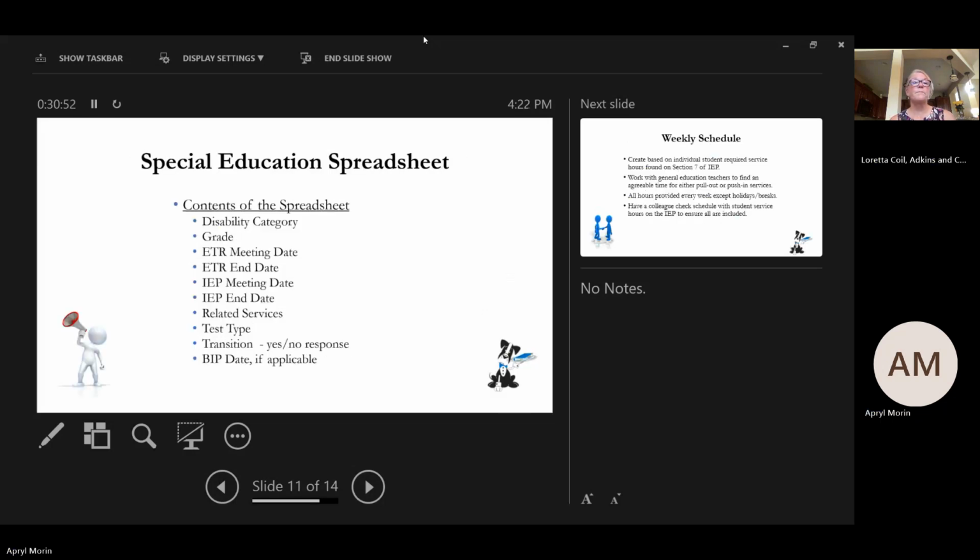Moving on. All right, so a special education spreadsheet I've mentioned a couple of times. What you want to make sure of is, as an individual special education teacher, and I don't know how many are in your building, each special education teacher should keep track of their own spreadsheet. And basically what I'm saying is, you've got a spreadsheet that has a student's name, a student's grade, their disability category, when their last ETR meeting was, what the end date is, same thing with the IEP meeting date,